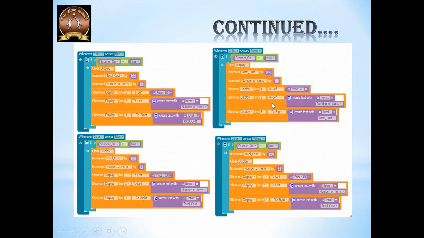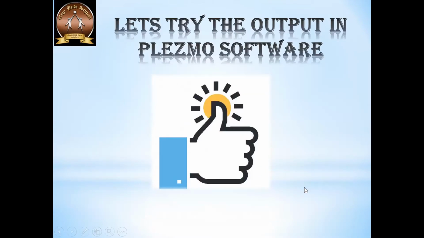In every loop you can duplicate the first loop for the others, but you have to make changes in the price, that is the total cost increment and the display price 10, 20, 30 or 40. So let us try this program in our Plasmo software.